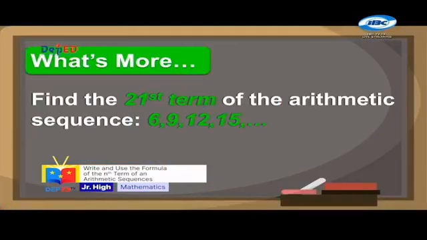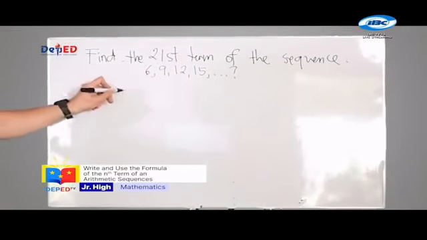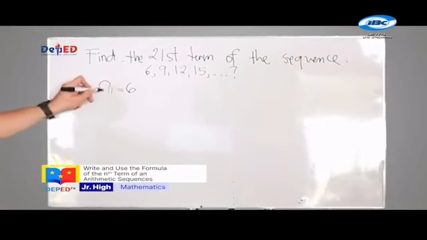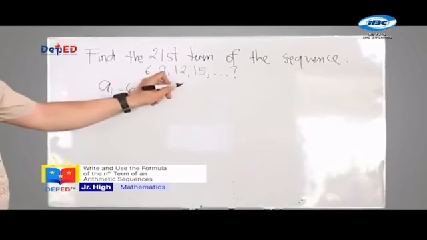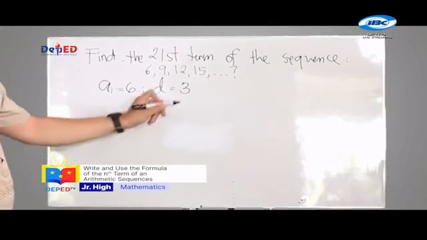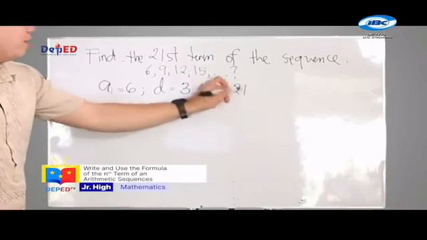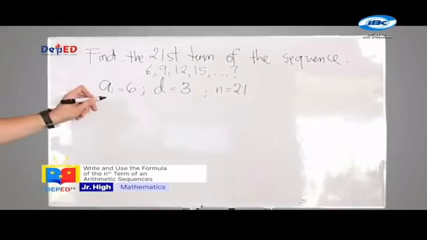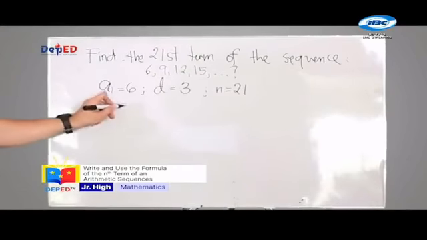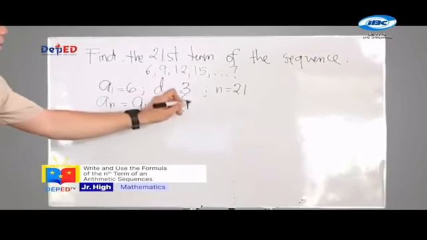From the sequence, we can see that our a sub 1, or the first term, is equal to 6. Our difference is equal to 3. And our n is equal to 21. Using the formula, a sub n is equal to a sub 1 plus d times n minus